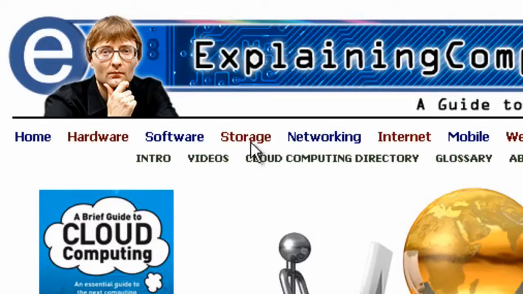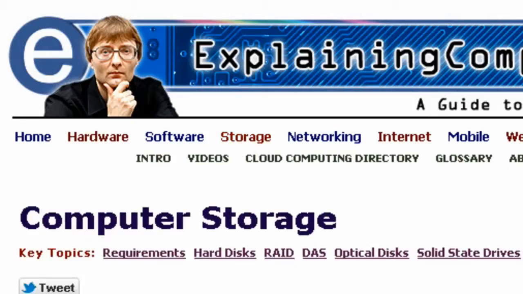Although hard drive performance continues to improve, RAID is still an important technology for anybody building servers or high-end workstations. More information on computer storage can be found on